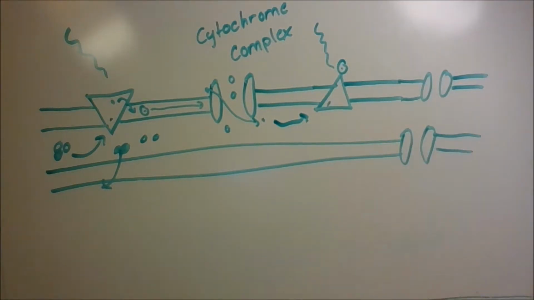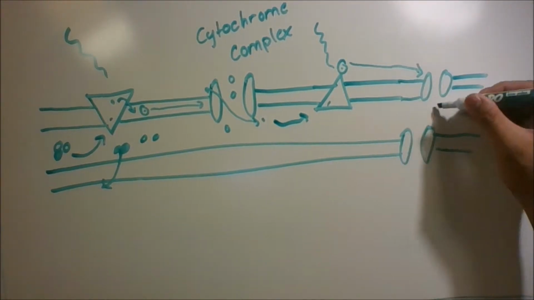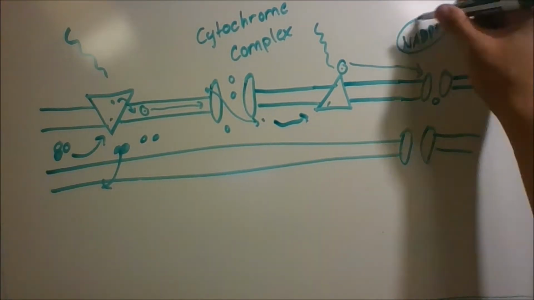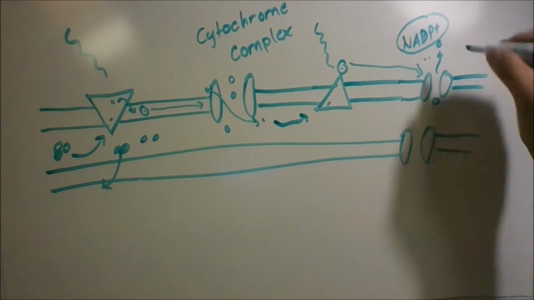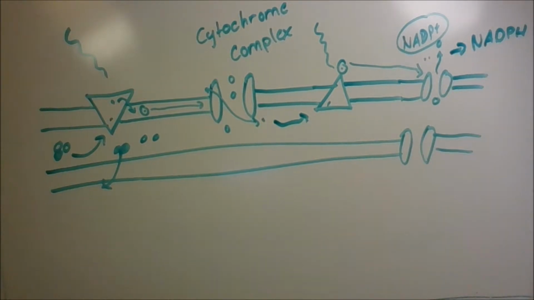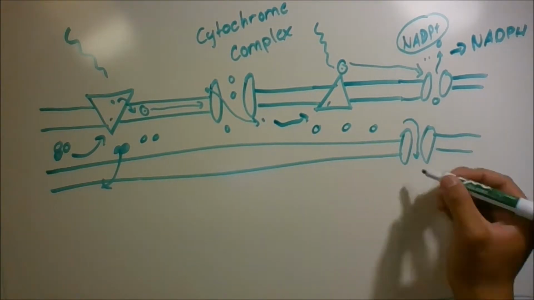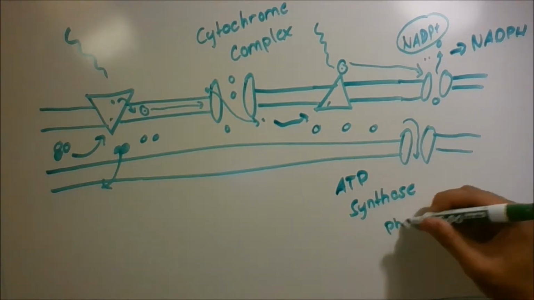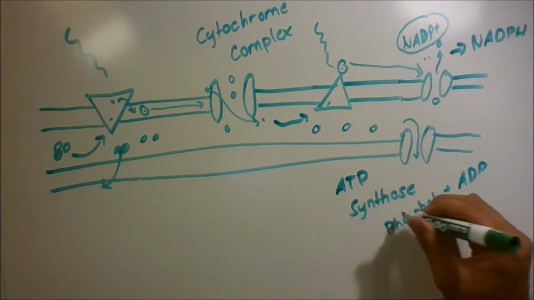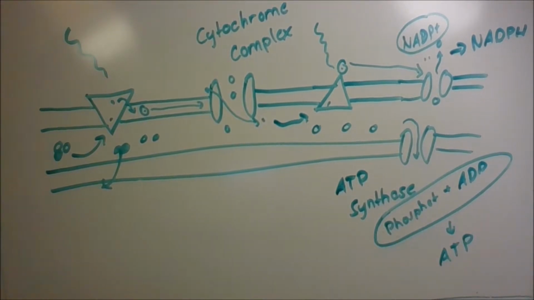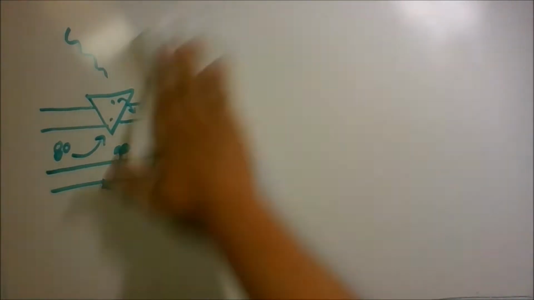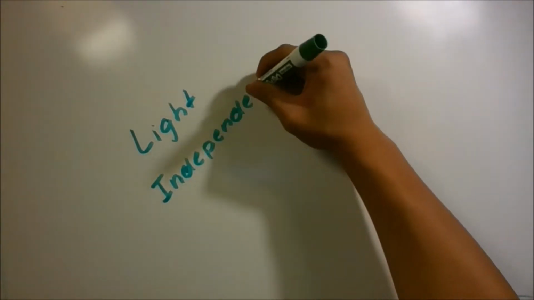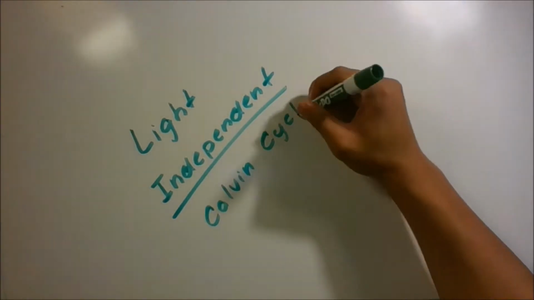In photosystem 1, two excited electrons are combined with a hydrogen ion and NADP+ through the NADP reductase to create NADPH. Meanwhile, excess hydrogen ions flow through ATP synthase, where some energy is used to attach a phosphate to ADP to create ATP. The second portion of photosynthesis is called the light-independent reaction, otherwise known as the Calvin